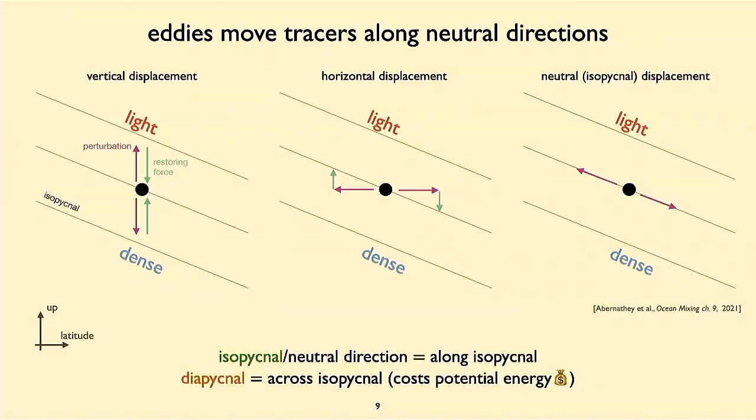So let me break down a little bit this concept of moving along surfaces of constant density, or isopycnals as we call them, or across them. Say we have this scenario where the surfaces of constant density have this structure. So it's dense below and light above, and they're slanted. Of course, if you were in your bathtub, this wouldn't be a state of equilibrium. But because the Earth rotates, and we have the Coriolis force, we could have a state in equilibrium that is like that. I'll show you in a little bit.